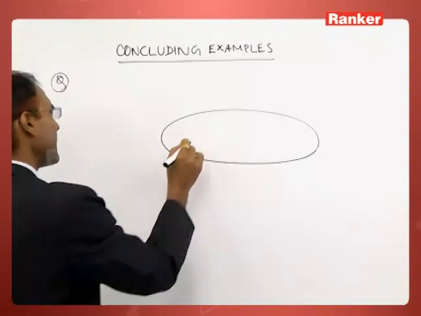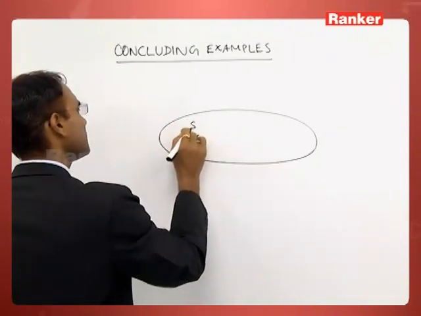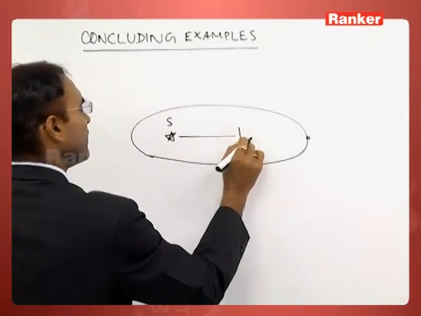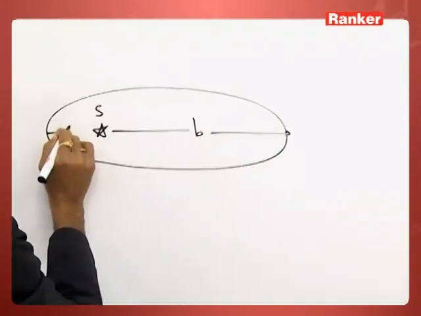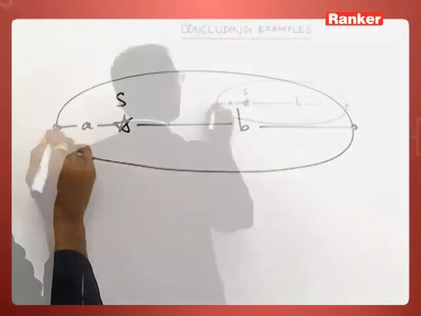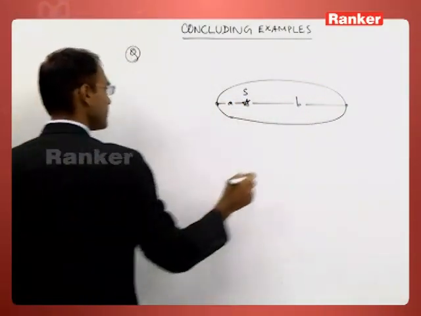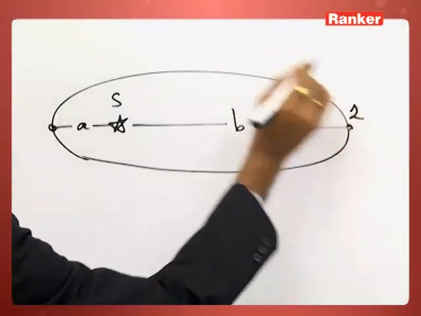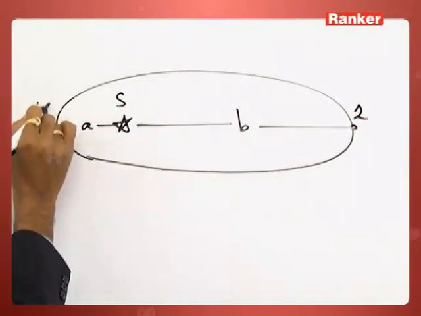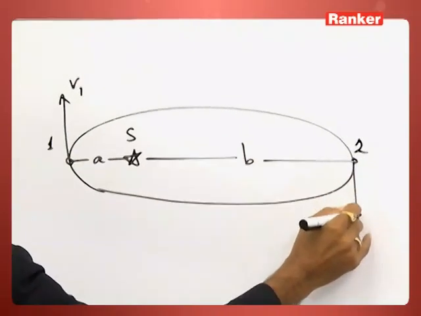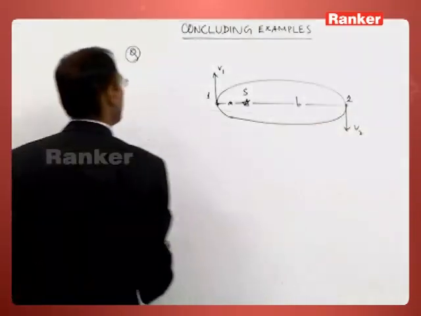You take the sun planet case. This is the sun, this is the planet. The maximum distance is b and the minimum distance is a. Let us calculate. Here velocity v1, here velocity v2. Let us find